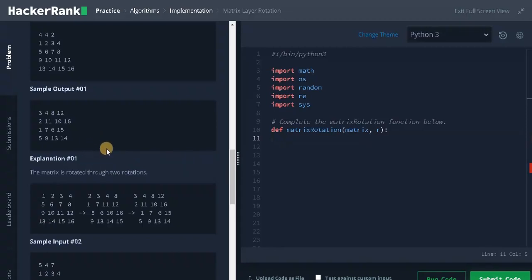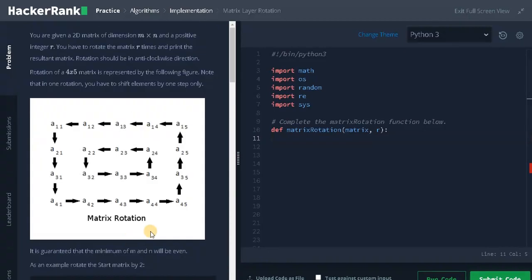We will use the modulus operation to find the starting index. Here if we take the outer elements, after 2 rotations the starting index will be 3. So from 3 we will place the elements in the outer layer up to 2. That will complete the outer layer, and for the inner layer we need to repeat the same process. So basically we are going to convert this 2D array into a 1D array, make a rotation or track the index, and using the index we are going to place the elements in the matrix. So we will get the rotated matrix instantly.